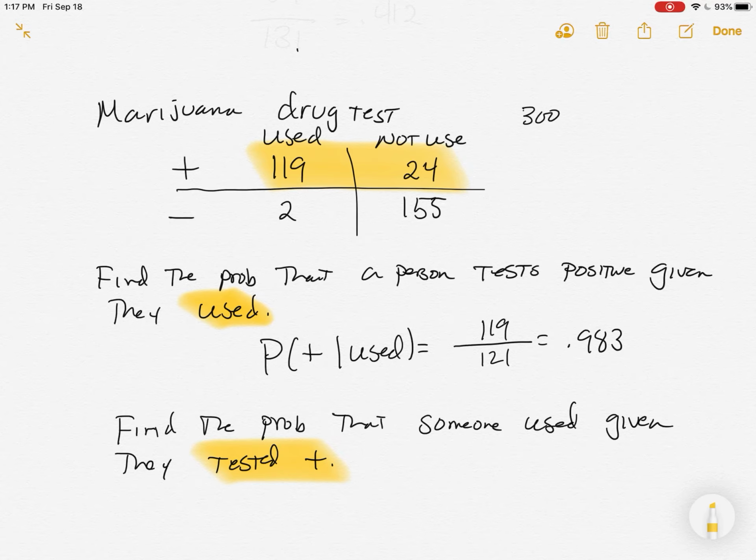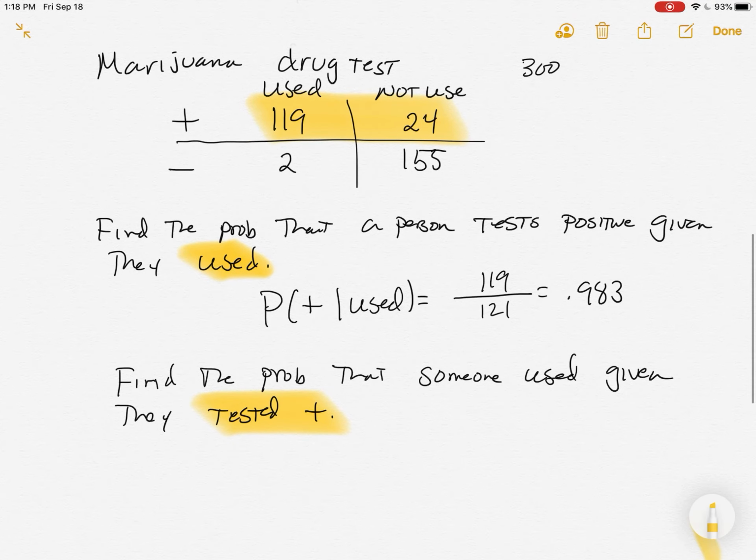And how many people tested positive? 119 and 24 more. It's 143. So 143 people tested positive. How many used? Well, we know that's 119, right? We're only looking in that row. Don't count the 2 because those 2 people down there tested negative. So we take 119, divide by 143, and we come up with